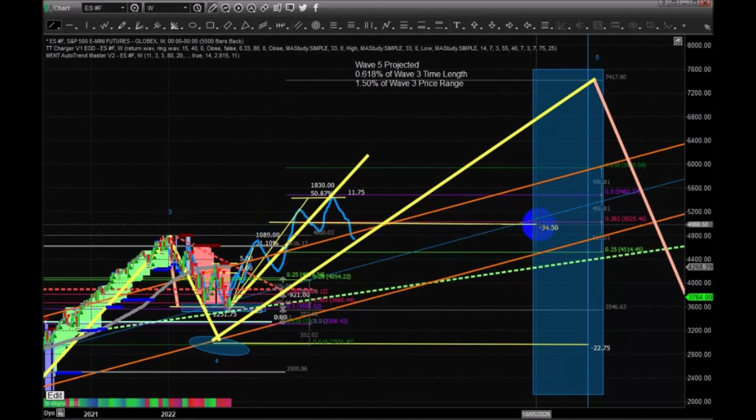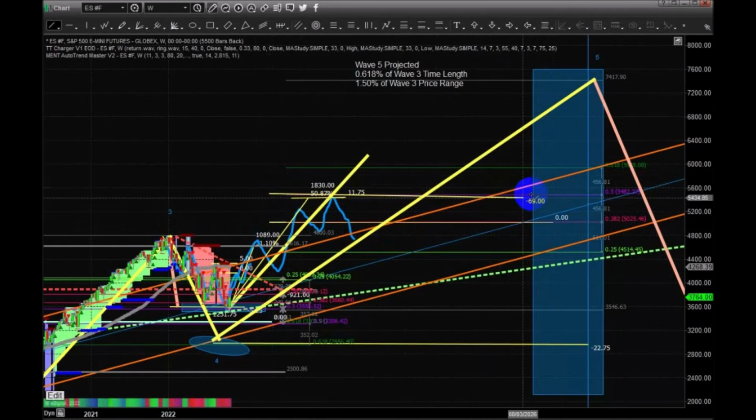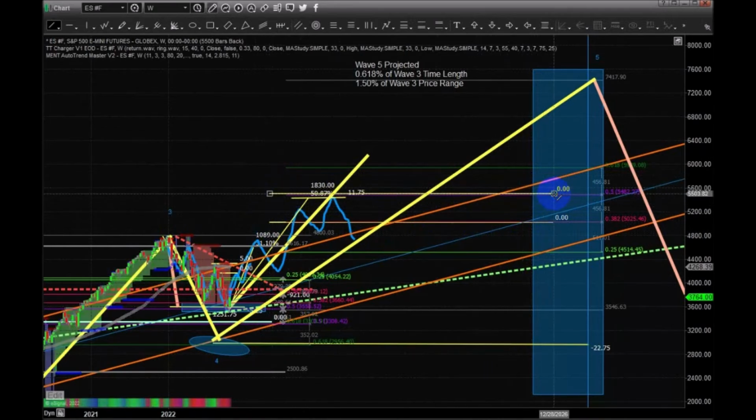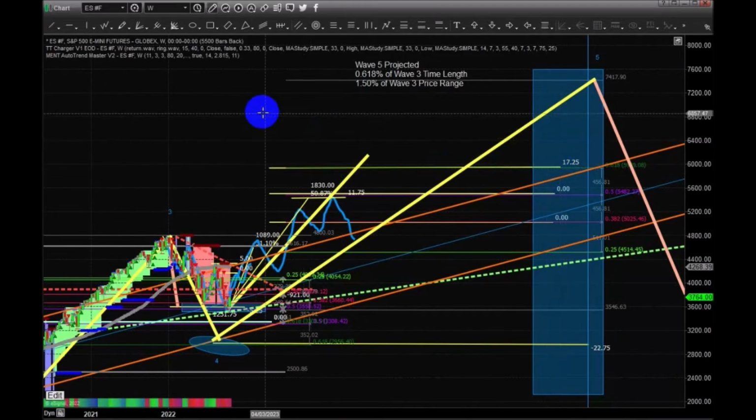From here to here would be an initial peaking level. Roughly from here to here would be a secondary peaking level. And from here to here, get my mouse to cooperate. I was almost there. All right, close enough. Would be a third peaking level,